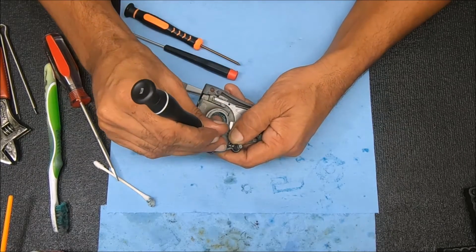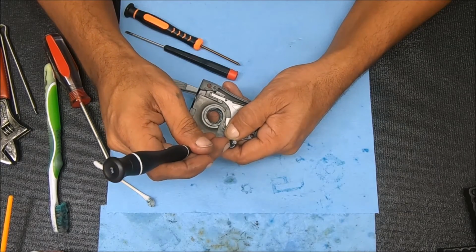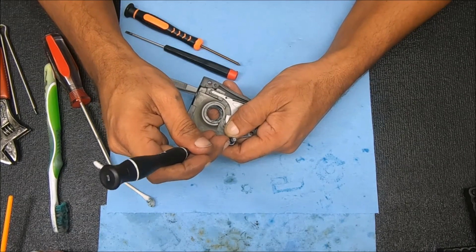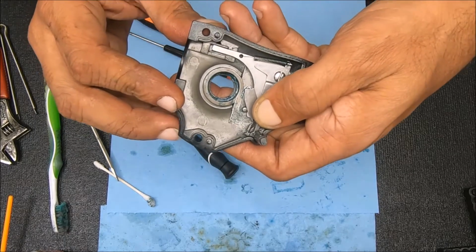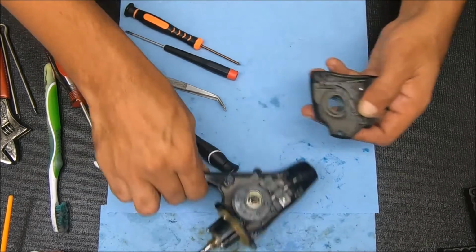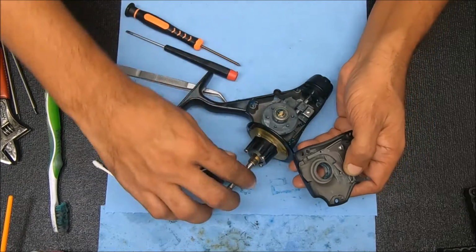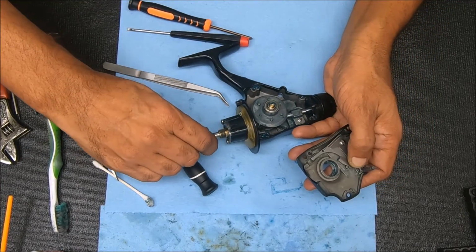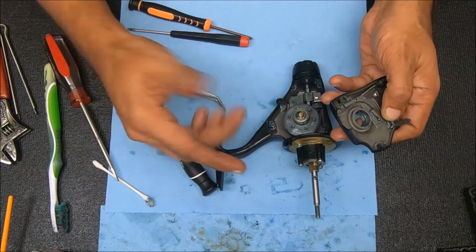I'm being as gentle as I can with these springs as well because they're not super strong. So there we go. That's exactly how it'll look. You can leave it in this position if you want to. I'm going to hold on to this stuff while I rotate that ratchet at the bottom, because I want to leave it at an open spot, which is right about there, because I'm going to start putting everything together